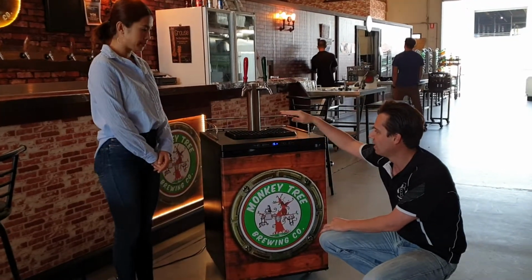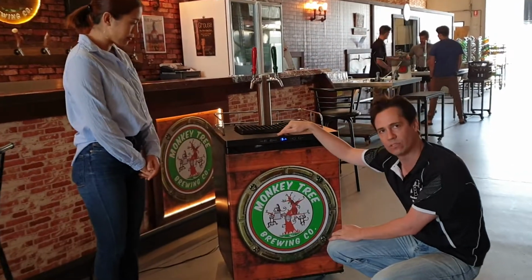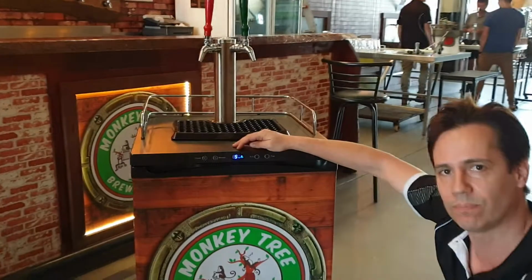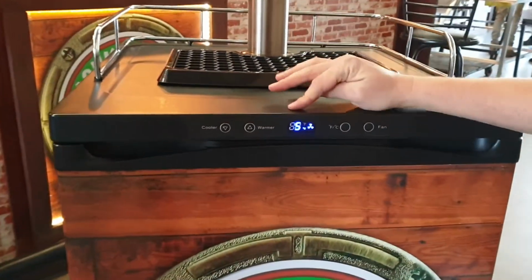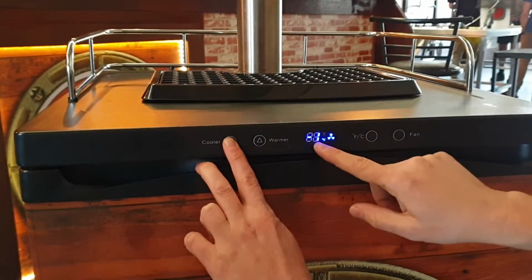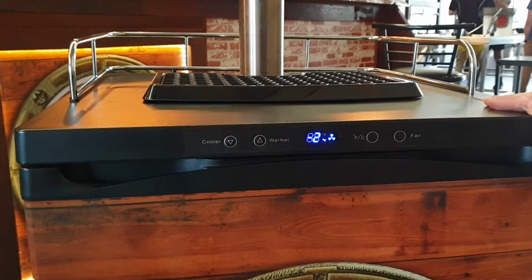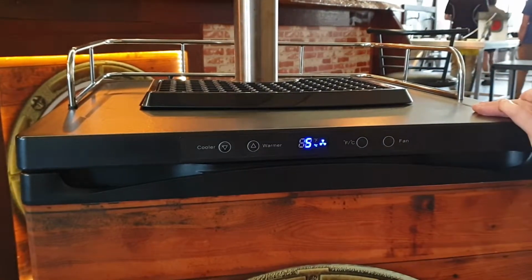If you have a look at the fridge, we have numbers and buttons. This tells us the temperature that's in the fridge right now, and these buttons allow us to change the temperature. For example, if we push on cooler, we can take the fridge down to a lower temperature. Flashing tells the temperature that we want to get to, and the solid tells the temperature that it is right